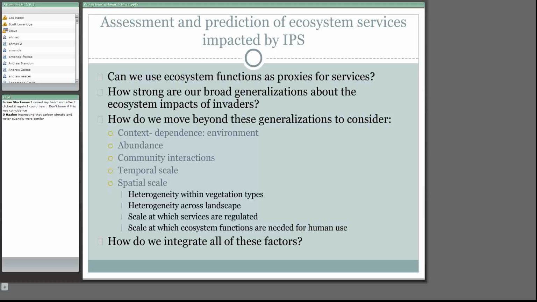I see there's a poll up. Scott, would you like me to take a break or continue on? We can put the polls up whenever you want to get them in there. Okay. Do you want to ask your first poll at this point? Sure, why not? Let's go ahead and do that.